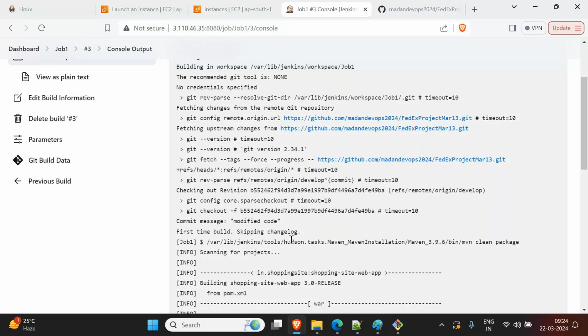You see here, in Git, it's pulling from the develop branch. From here it is pulling, right? The develop branch. So what your assignment is,